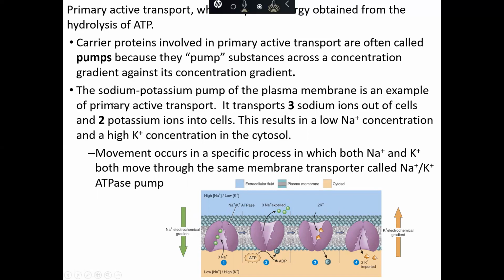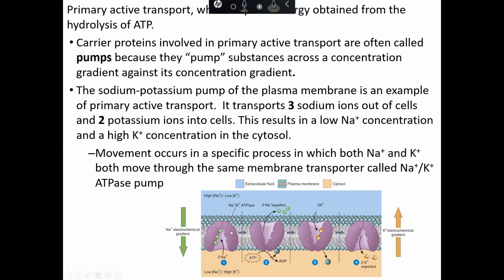An example of that is the sodium-potassium pump, or sodium-potassium ATPase, same thing, which pumps 3 sodium ions out of a cell and 2 potassium ions into a cell, resulting in a low sodium concentration and a high potassium concentration inside a cell. Looking at our figure, it's not 4 different proteins, but the same protein, and there are 4 steps